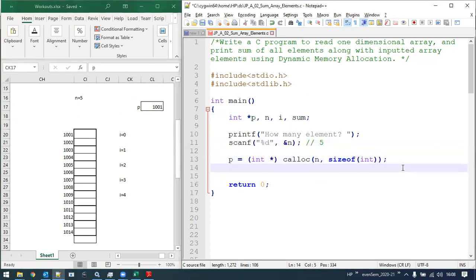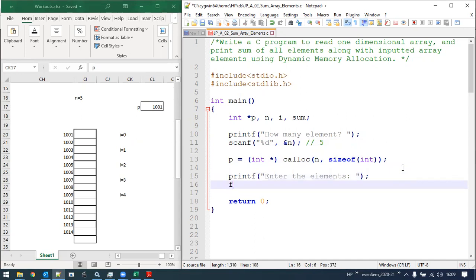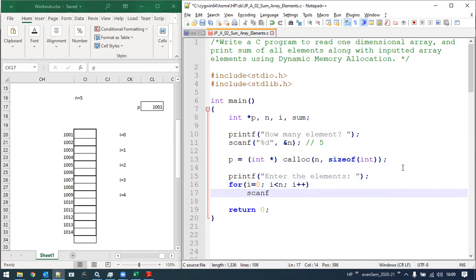Next we need to read those many elements. So we will put up a simple printf statement: enter the elements. Now we will read all those elements using the for loop: for i equals 0, i less than n, i plus plus. Now scanf